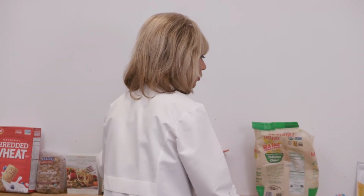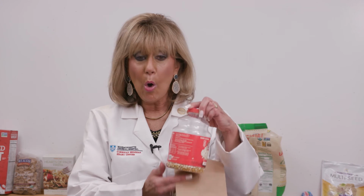As you're getting whole grains, a very easy and delicious way to have whole grains is to include whole corn or popcorn. So buy the plain kernels either in a jar like this or in a bag. I know Trader Joe's, all of these places sell whole kernels in a bag as well as a jar. And then get yourself a package of brown paper lunch bag. All you need to do is open the lunch bag